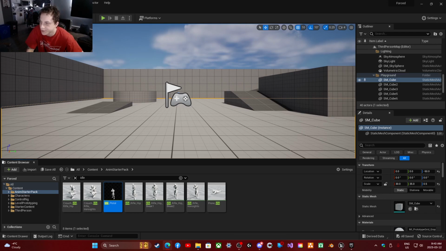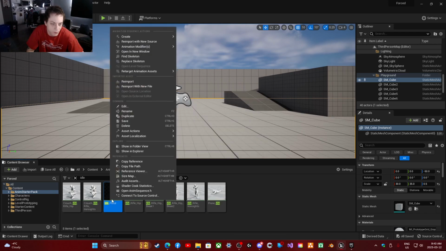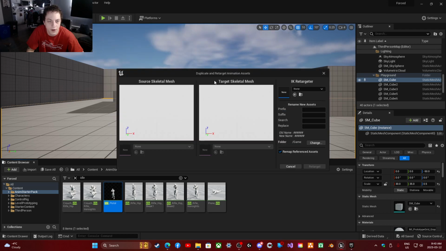So we're going to go here into retarget, and then duplicate and retarget. Now I'm going to use an asset. This is going to be from UE4 Mani to